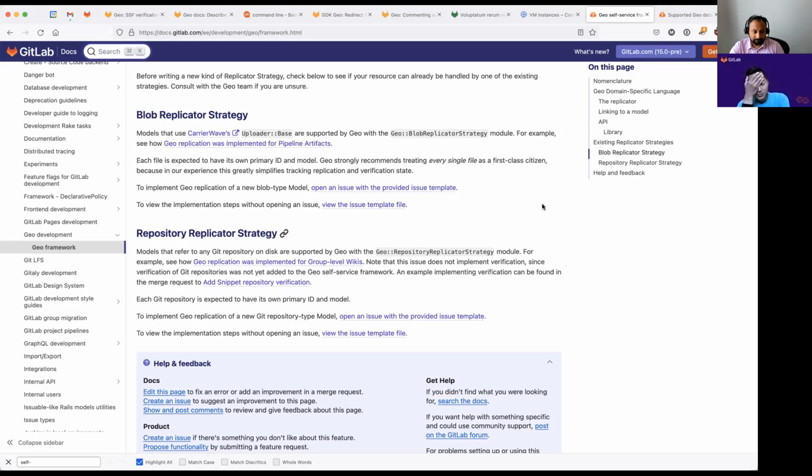Whatever, there could be many reasons, or a Sidekiq job is just lost because that can happen. Or maybe on the secondary there's a bug in the Geo code and those jobs just die for some reason. So events can't be relied upon 100%